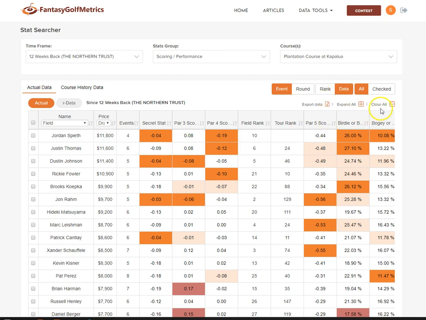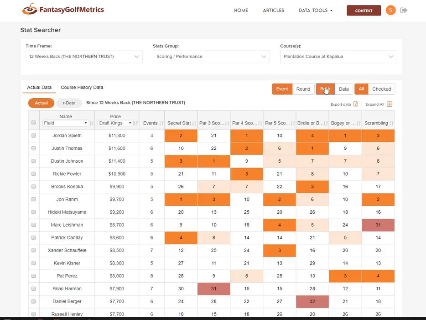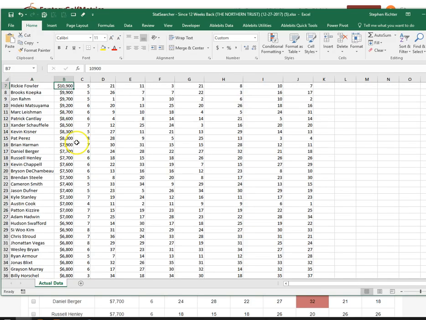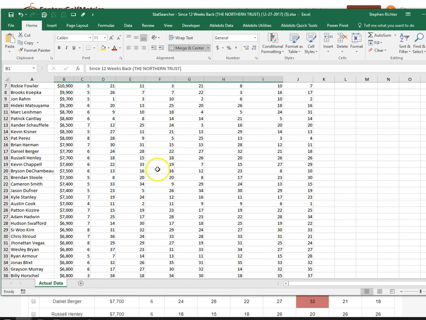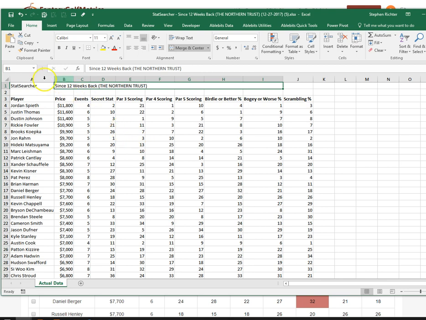One of the really cool features that I like, let's say you have it back on ranks here, you can export this data. So any view that you're in, if you click export data, what it'll do is it'll quickly download, and you can see on the bottom here, the setup that you have. And if you go to click on the file that just downloaded, you'll have all that data in an Excel sheet right here. So you'll be able to see StatSearcher, what the time frame is, all the players, the price that you had selected, all of those ranks. The file will be named exactly the detail there, so you can actually look at it offline as well for any view that you have in StatSearcher. Now if we head back,